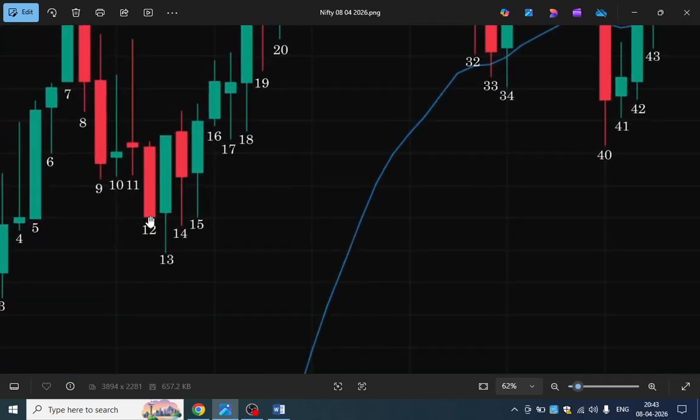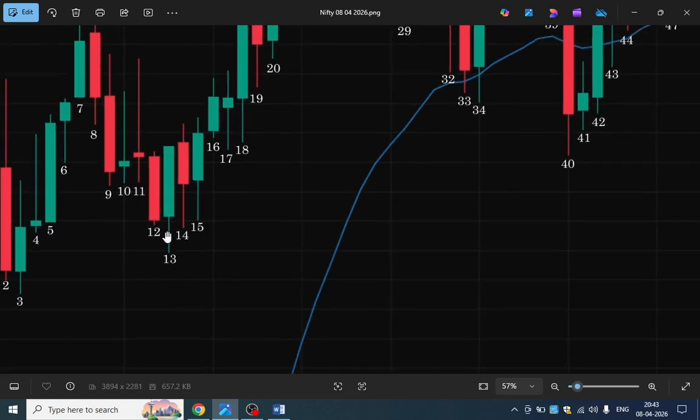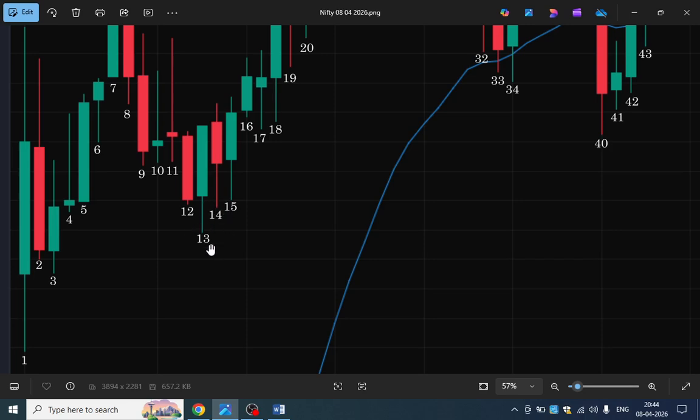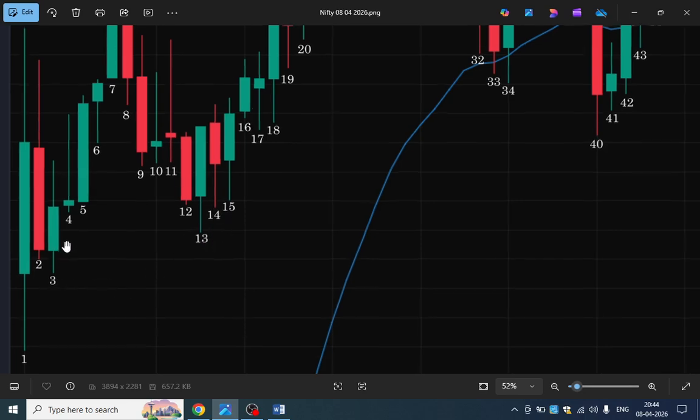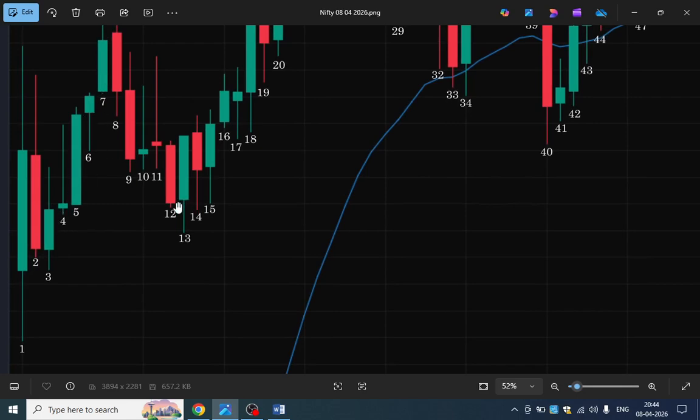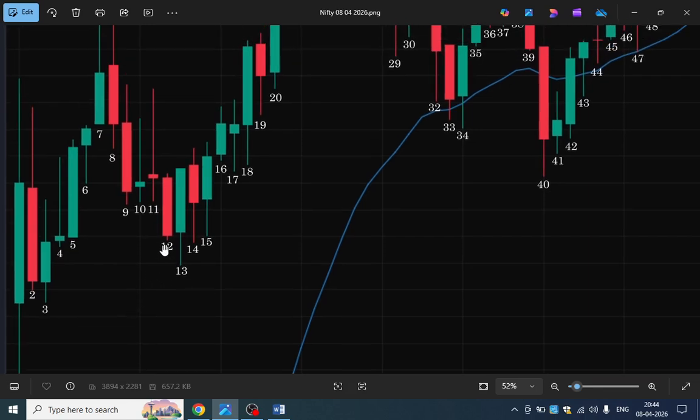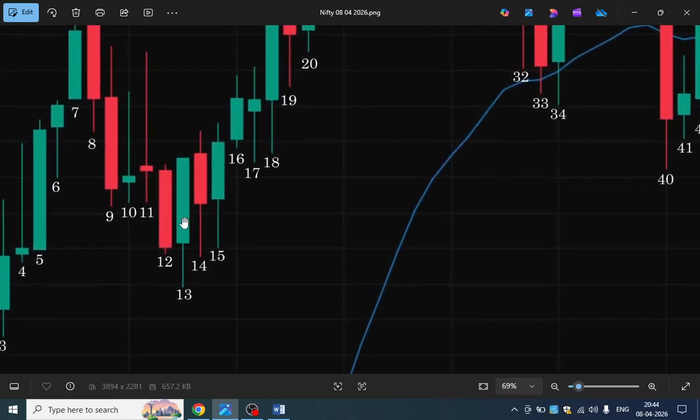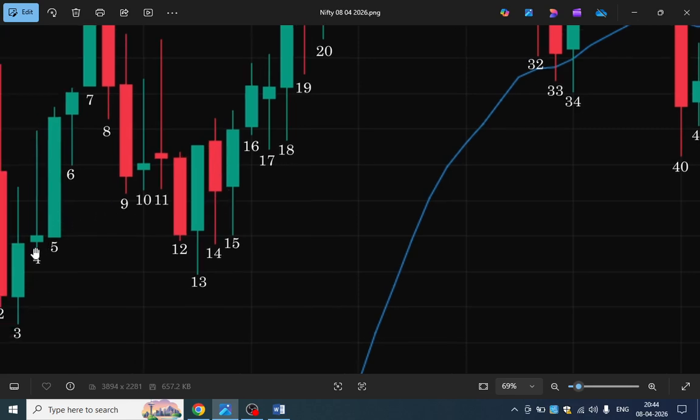As you can see, bar 12 was formed, and bar 13. Now let's study bar 13. There were bulls below bar 12, and eventually bulls below bar 11, who had taken trades and wanted to take the market upside, and bar 13 is above bar 3. It means those bulls who bought are defending this position. They don't want the price to go below bar 3. Bar 13 is a bullish engulfing, and at this point I took a trade on the 14 bar, and I didn't repeat the mistake I made over here.